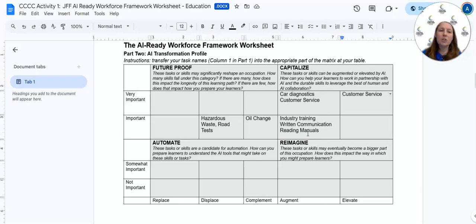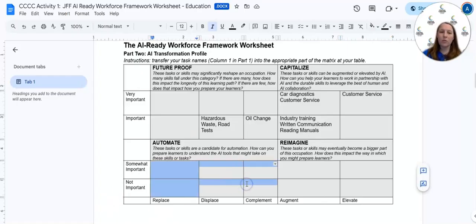So the purpose of this JFF workforce framework isn't to say AI is coming and it's going to replace everything. As you can see, it's really not. I had nothing in this for automation, right? There's nowhere that like humans have been removed in this instance, but it's to help us think about how can it partner with our students in the workforce, and knowing that, how can we then better prepare our students for that workforce?